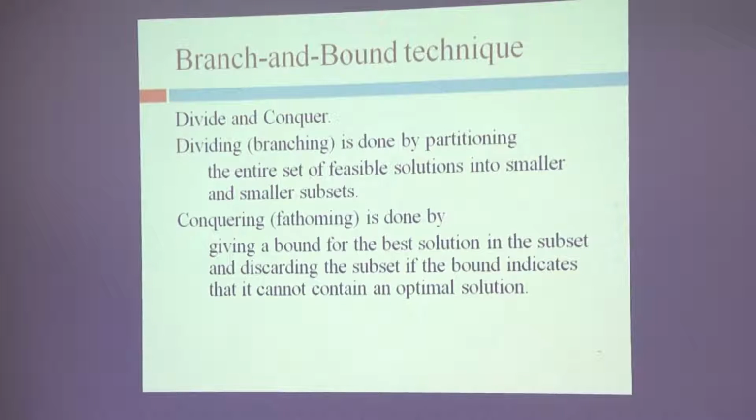So what do we do? We associate a bound value with each node, which we had not done earlier. There was no necessity; we were just looking at all possible candidate solutions. Now we are going to generate nodes, and with nodes we are going to associate a bound value. And the bound value will be used in pruning. So this will not result in a better optimal solution. Don't go further. Maximum you will get only 90, but that way it is 100. So why waste my time here? Because it is a maximization problem.